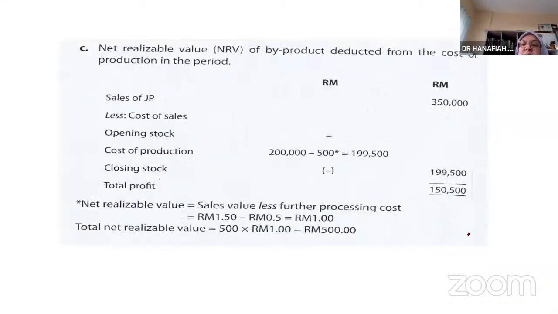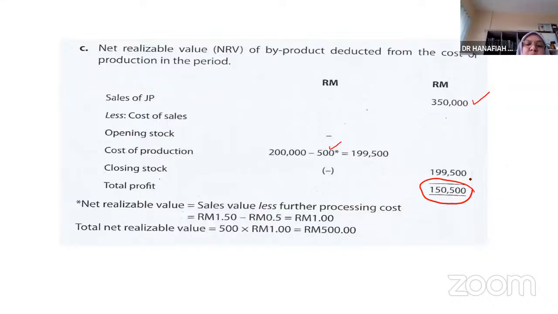How about net realizable value? If you use net realizable value, sales of joint product less the cost of production of 200,000 less 500 gives 149,500. Then you will get a lesser total profit if you use